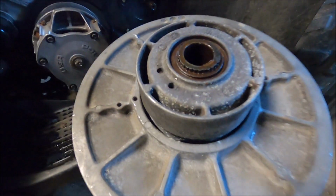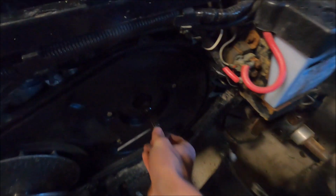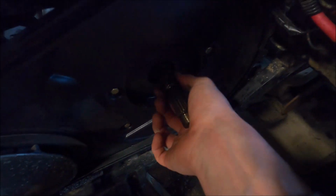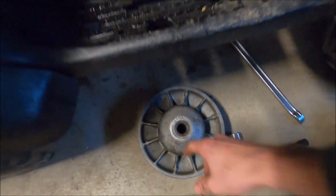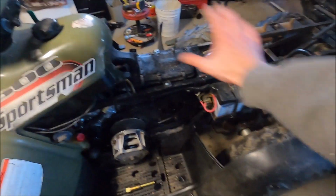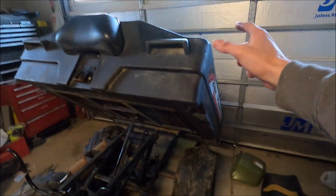Anyways, we gotta clean off the splines in here, or inspect this guy to see exactly why it's not sliding on right, or not going on all the way. So I'm gonna try and clean this up even more, and get inside here cleaned up so we can get the belt on, get the cover on, get everything together on this, because snow is supposed to be coming tomorrow. And if snow's coming tomorrow,